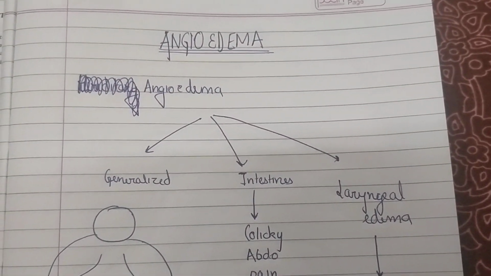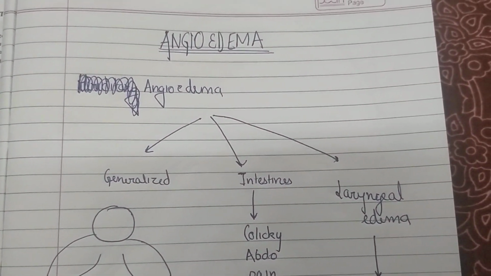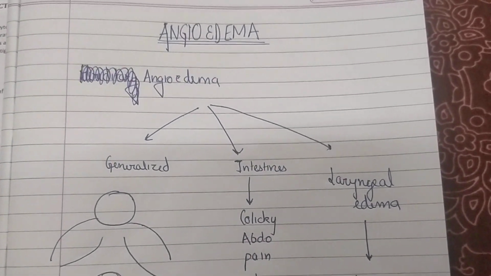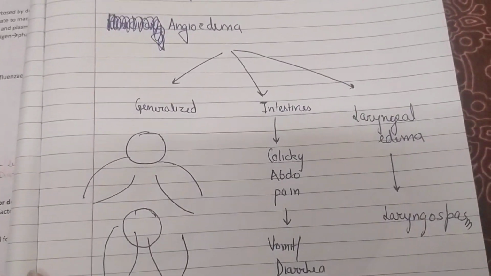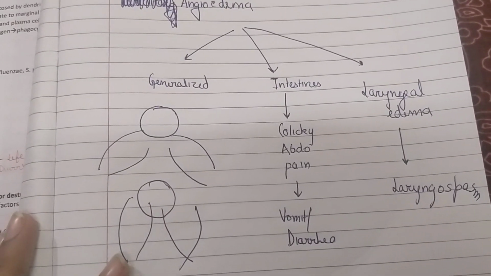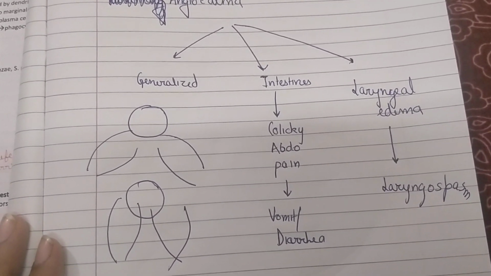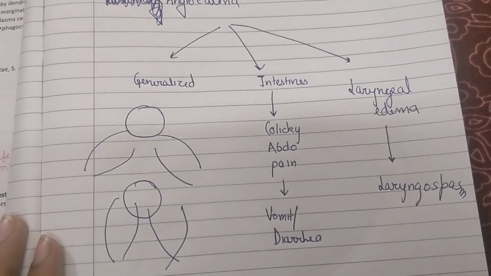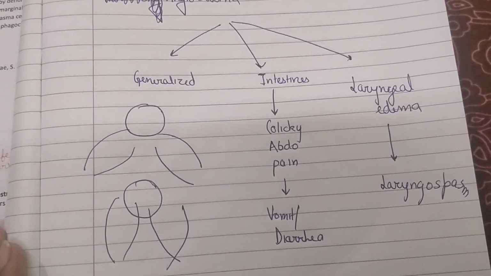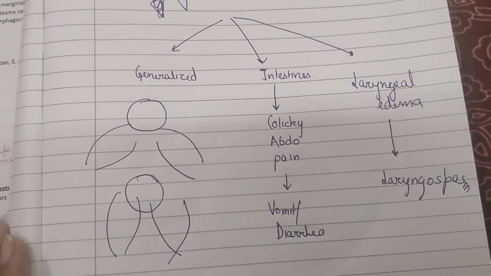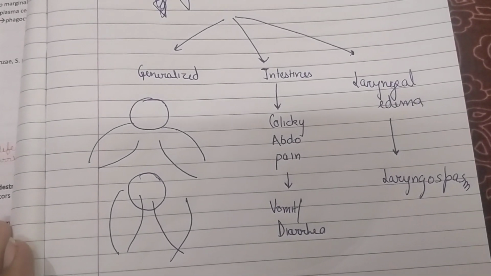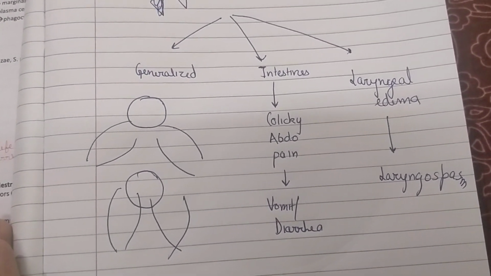Angioedema leads to inflammation and swelling of different parts of the body. It leads to a rapid onset generalized swelling of the face, the limbs, and the genitalia. And in the intestine, it leads to swelling of the intestine, which leads to colicky abdominal pain and vomiting and diarrhea. And also, it can lead to life threatening laryngeal edema, which can cause laryngospasm and sudden death of the